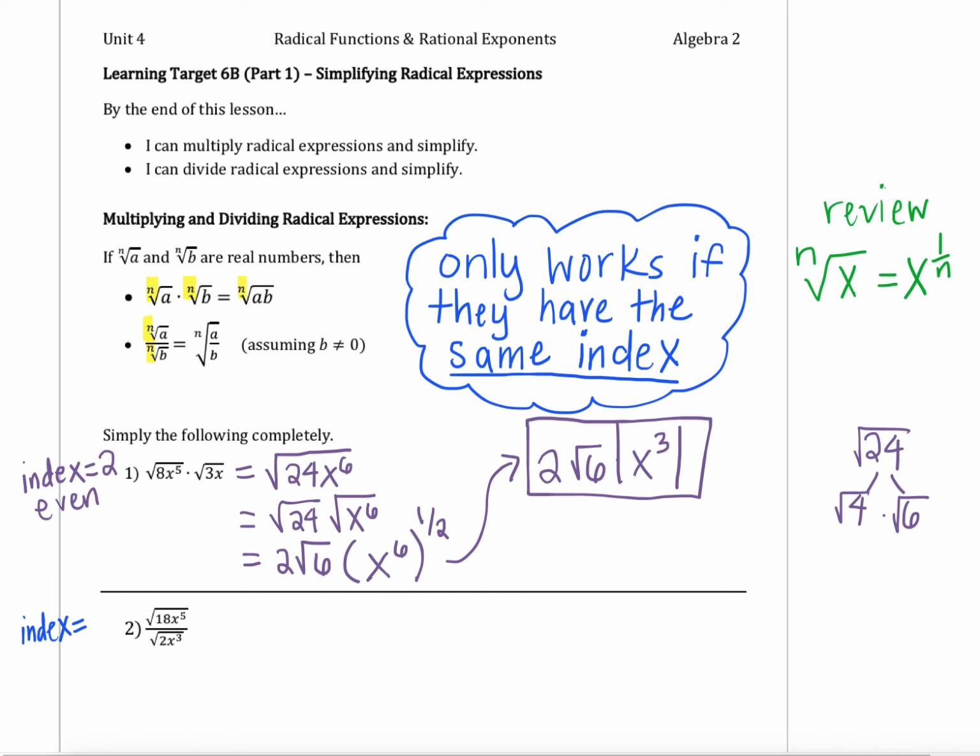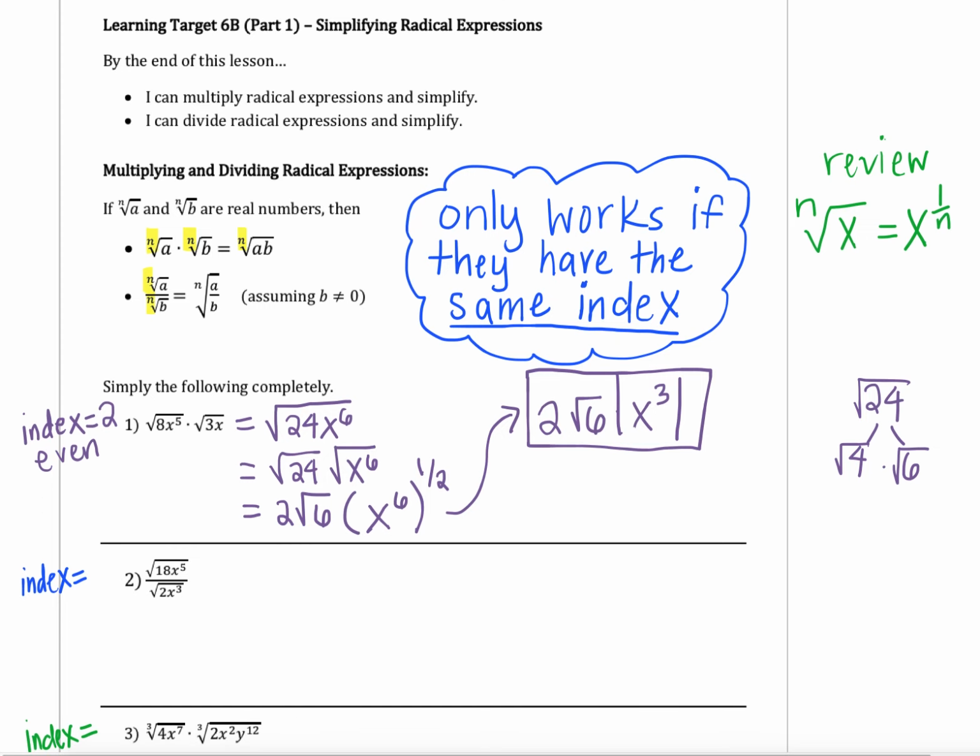Okay, let's take a look at problem 2. So why don't you guys pause the video right now and determine what the index is for both of those radicals. So in problem 2, our index is going to be a 2. We have 2 square roots again, and in this case we're seeing the division that's happening. So we have the square root of 18x to the 5th divided by the square root of 2x to the